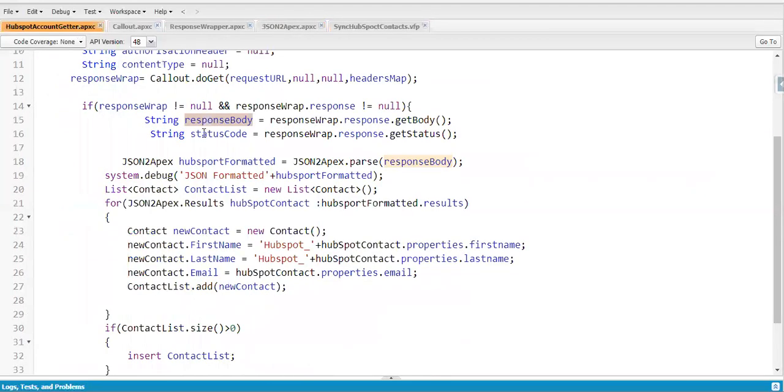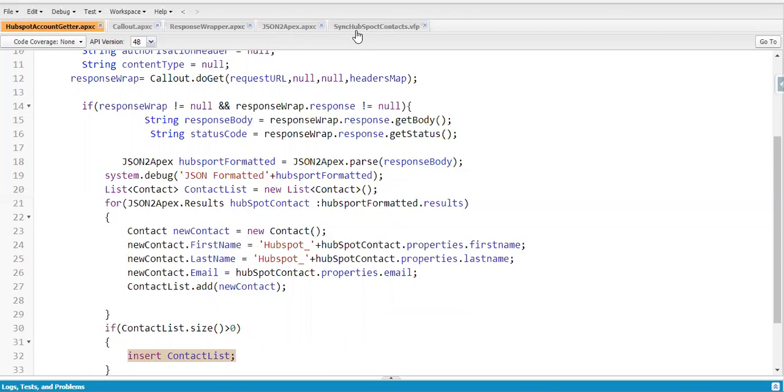Okay. So I am calling that Apex class for formatting that information. Then I have used a for loop for going through each contact's JSON response. Each contact's response is stored in the results node. I am going through the results node and getting the first name, last name, and email, and I am assigning them to the contact object, and here I am inserting the contact object. So this is how I get the response from the HubSpot application, and I am doing the formatting.